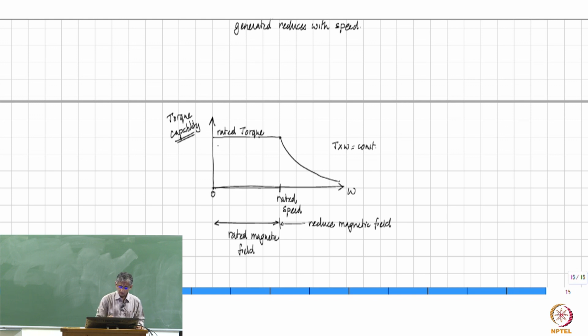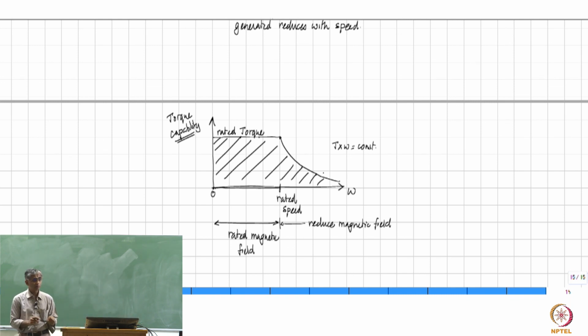You can operate the machine anywhere inside this graph. So this is the operating region feasible for the machine. Inside this region, where exactly the machine will operate is going to be decided by the actual load that is there, the amount of voltage that you apply and all this. That is determined by the earlier graph.